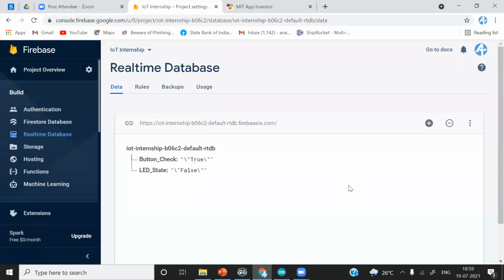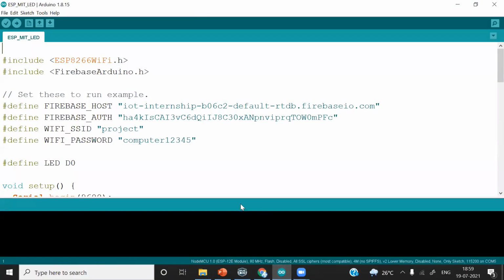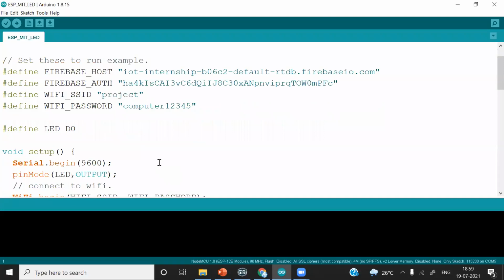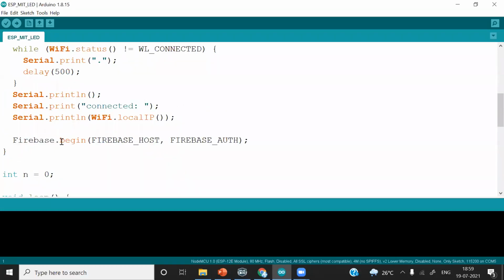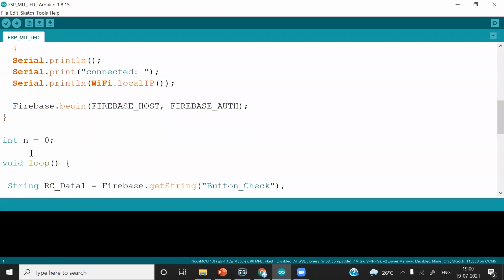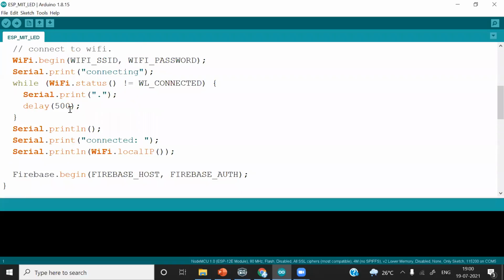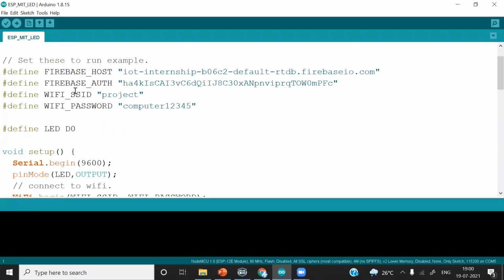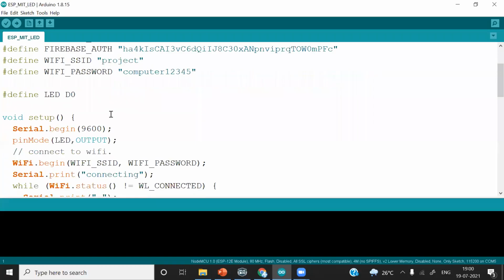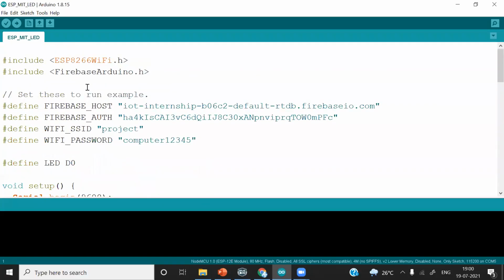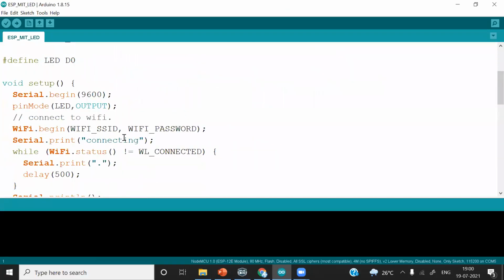So what I will do, there is little time remaining. So I will just discuss the code, because I was going to write the code, but there is no more time left. So I'll just discuss this code. The code above void loop is common for every project. You can see the Wi-Fi related code and the credentials are there. Nothing new is there. You just have to copy it for every project.